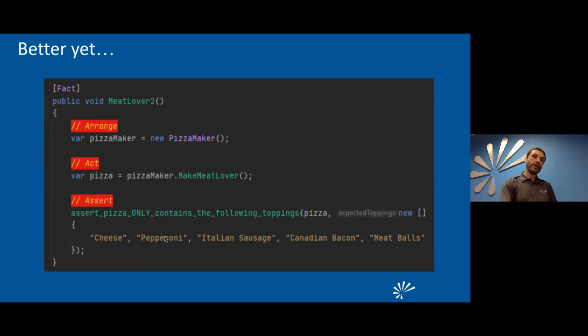Because in this case, what if the pizza comes back containing all of those things, and it also has, I don't know, pickles, which I do not like, right? That should fail my own personal pizza eater test, but it wouldn't fail a test as it were here before.